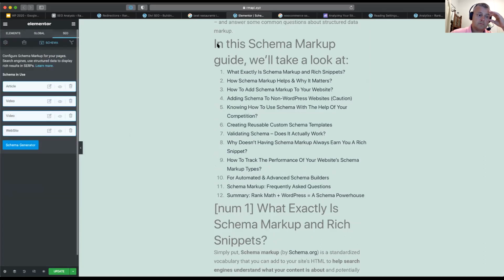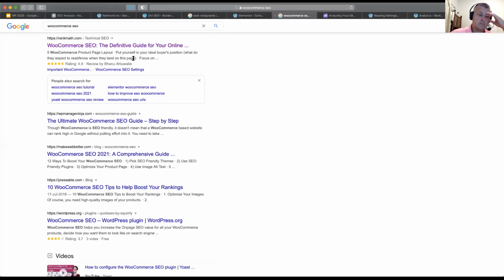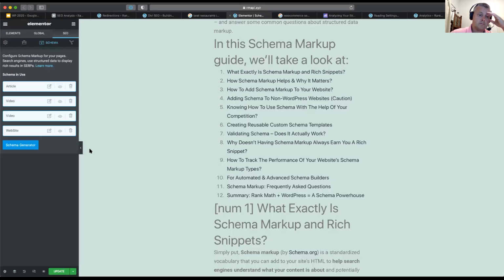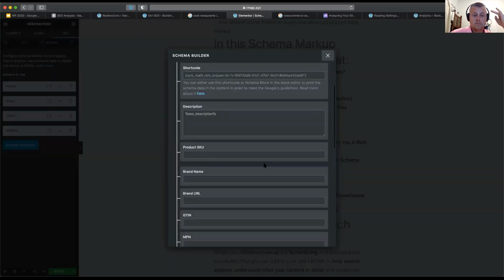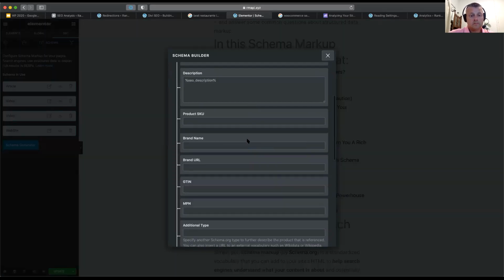click on the schema tab. As this article is about WooCommerce, and WooCommerce is a product, you scroll down and choose the product schema markup. Now you can add the fields that are applicable to that product. For instance, I'm not sure what the SKU value of WooCommerce is, so I'm going to skip that. But I definitely know the brand name, so that is going to be WooCommerce. The brand URL would be